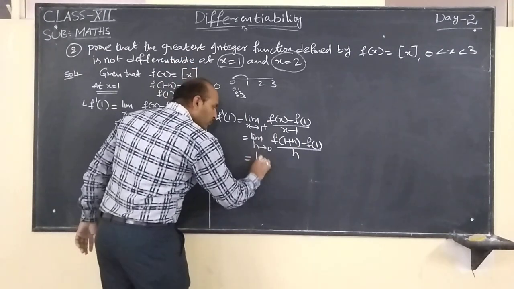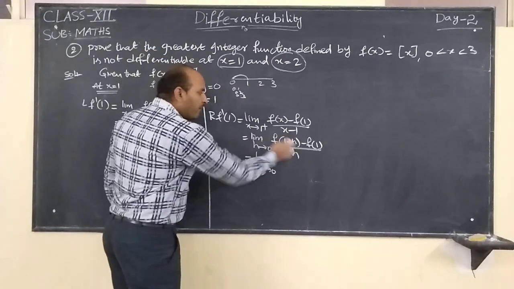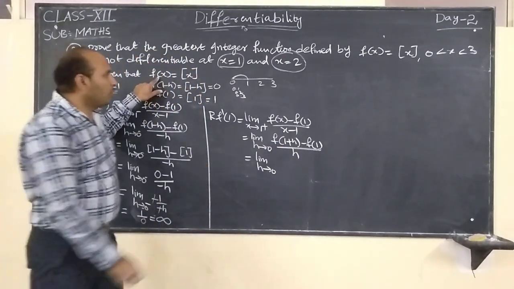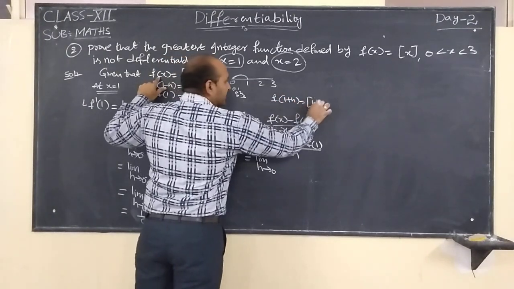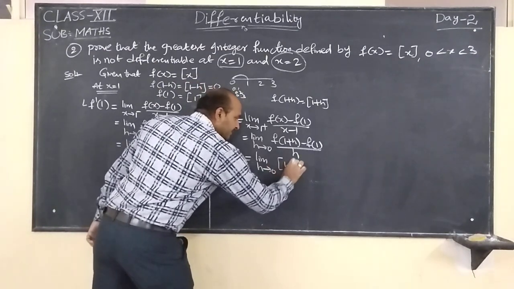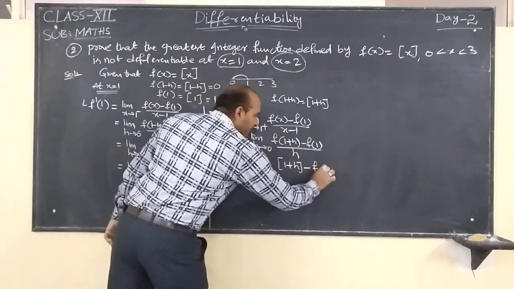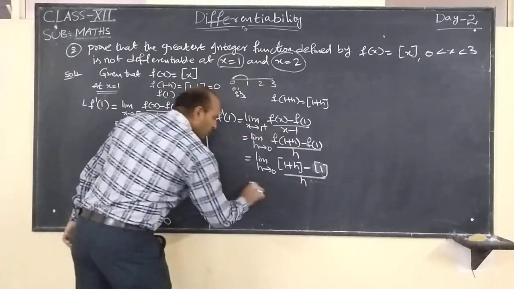Substituting x equal to 1 + h, that is [1 + h] − f(1), that is [1], divided by h, which is equal to,